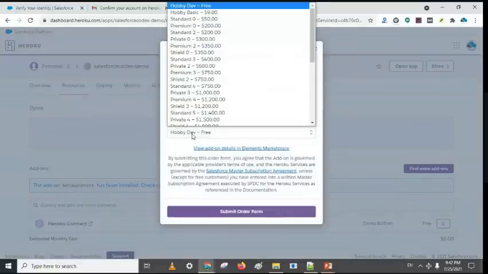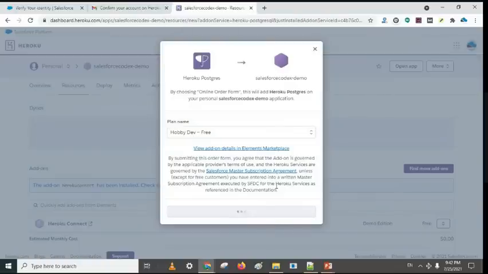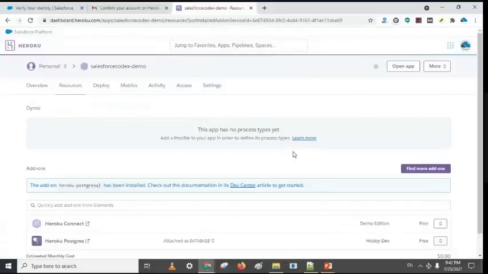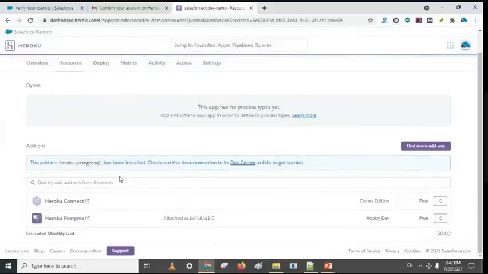Okay, the free version. Let's go with this free version. So we have installed two add-ons, which are Heroku Connect and Heroku Postgres. Let's go with the Heroku Connect.